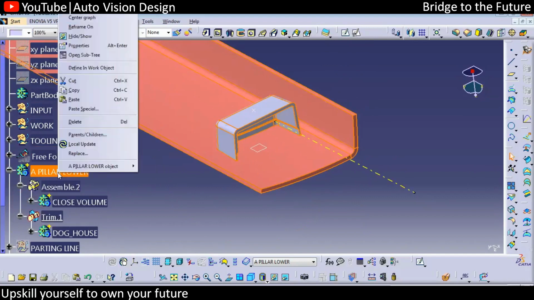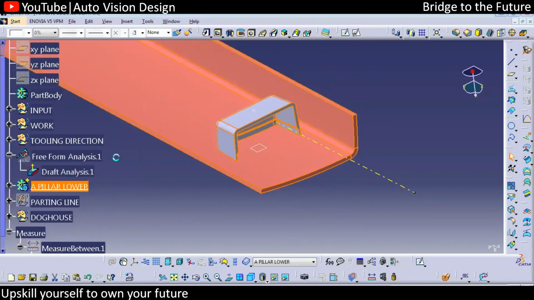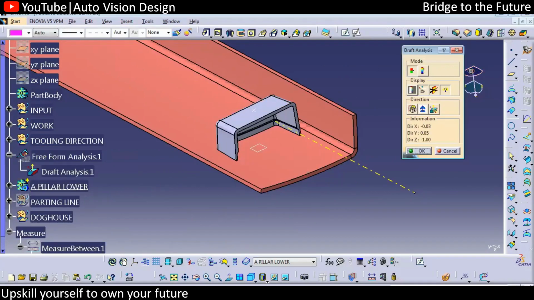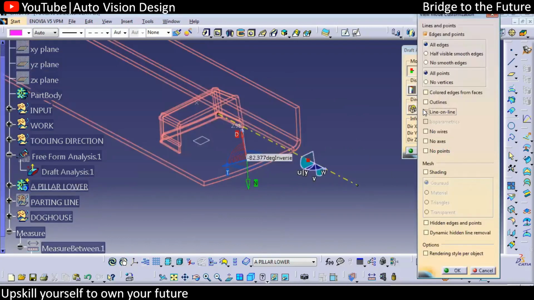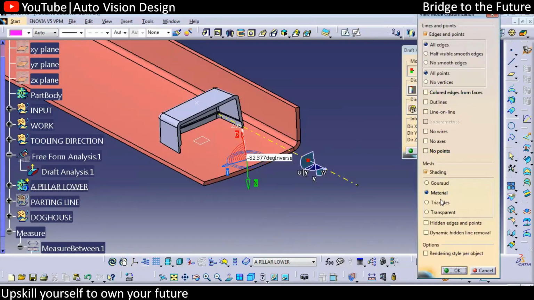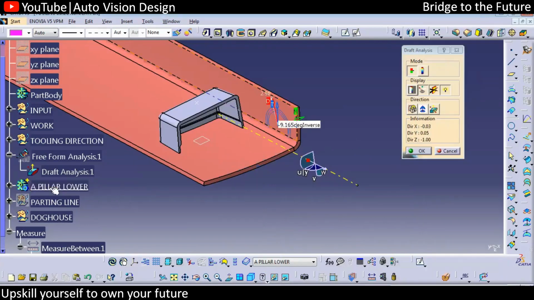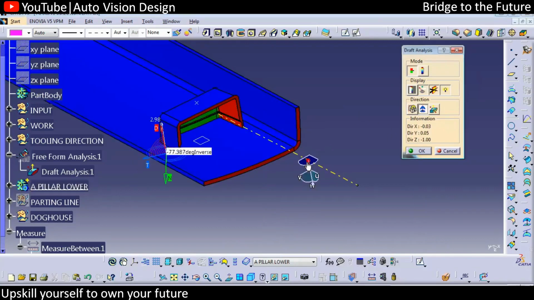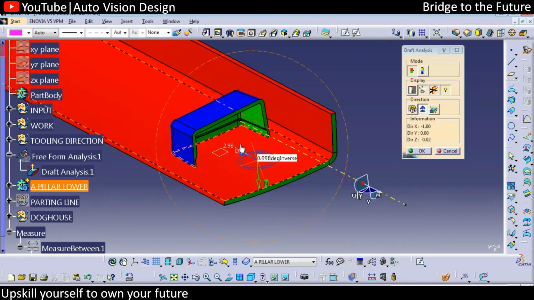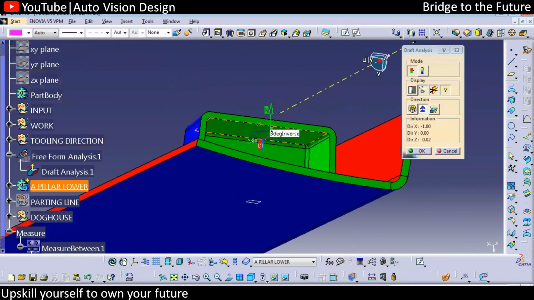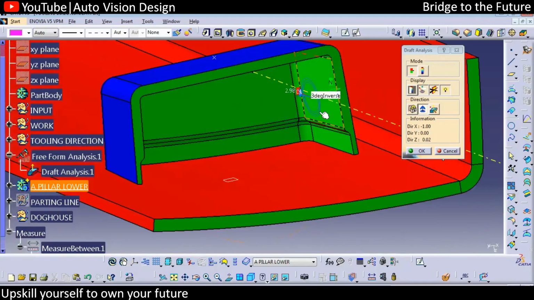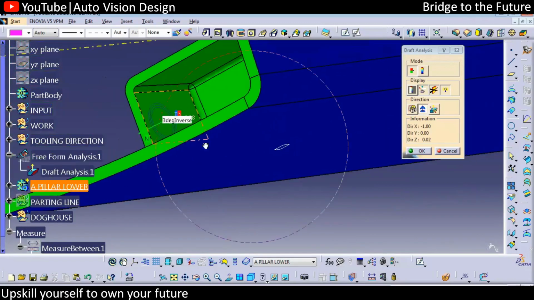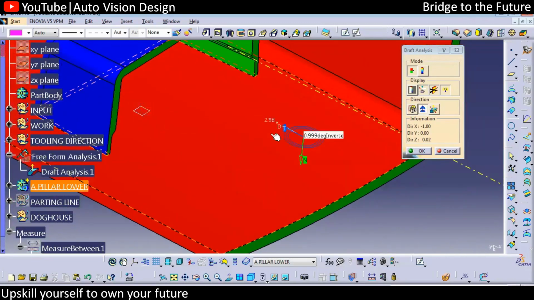And now we need to do a draft analysis. Why do we require the draft analysis? To make sure that the slider lifter line we have selected will be working for the Doggos or not. We're going to select, then check to make sure the compass will be working. So here you can find the inside surface is removed in 3 degree. There will be absolutely no problem. Here also we have the 3 degree, and here also we have the 3 degree, but for the bottom surface, the lifter will also work.